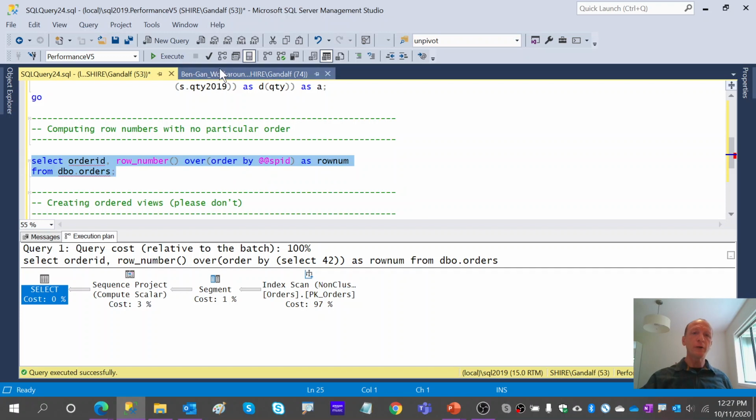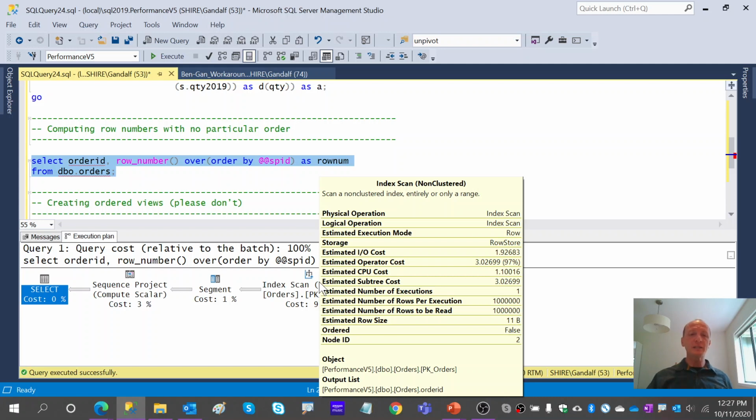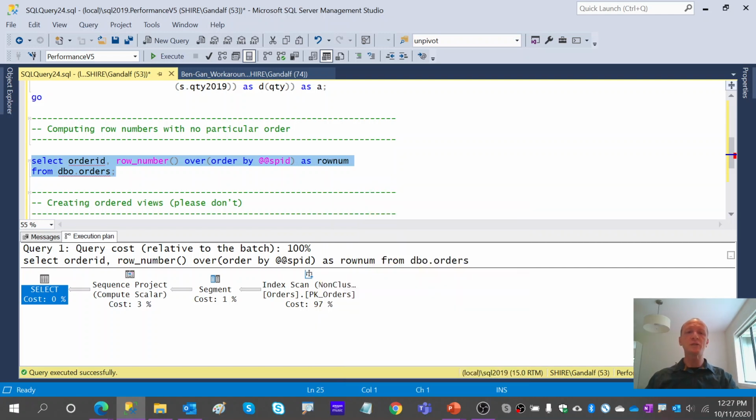So here, if we go back to the query plan, again, we will see technically the query is valid, and you can see the optimal index being used and the ordered false property, allowing the storage engine more flexibility in choosing the underlying strategy. So to summarize, whenever you need row numbers that are based on specific order, obviously you have to specify that order.